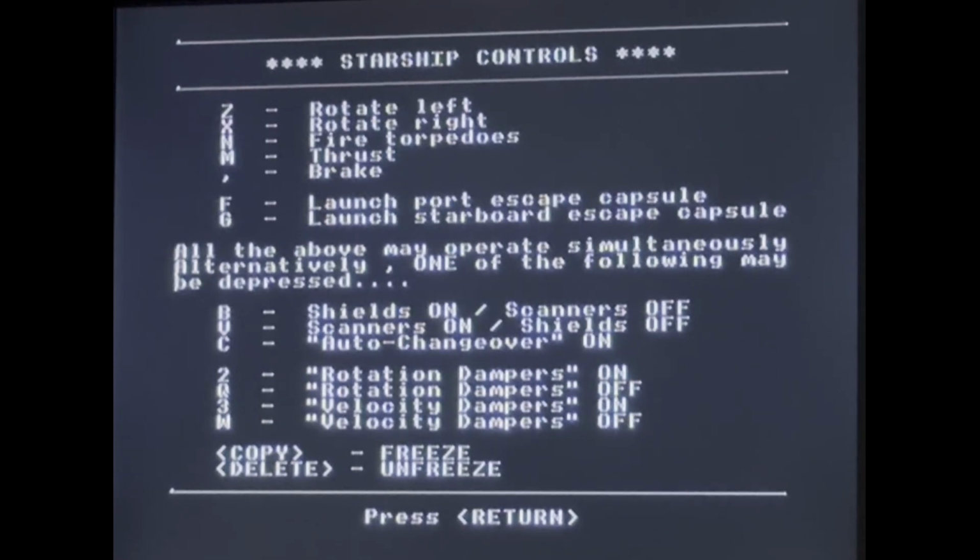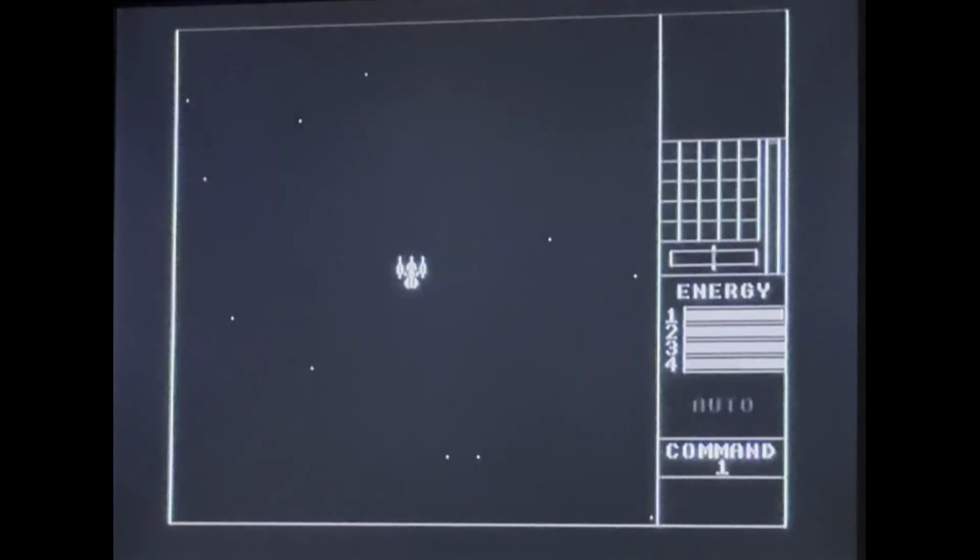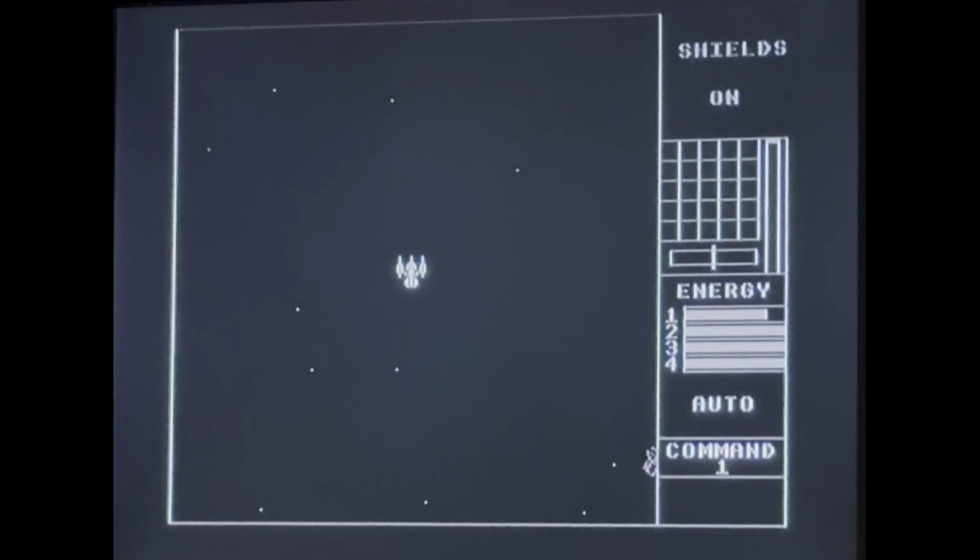Yeah. N for fire, M for brake, comma for brake, F, G, B, V, C, 2, Q, 3, W, copy and delete. I'm like... Pew, pew, Barney McGrew, Cuthbert, Dibble, Grub. Yeah, I don't have enough fingers for that, do I? But the trouble is, our younger selves would have. There's something about being older and taking all this in again and relearning how to play these games. I mean, oh my God, surely you're terrible at it now, right? You just die. There's 16 different buttons, so...